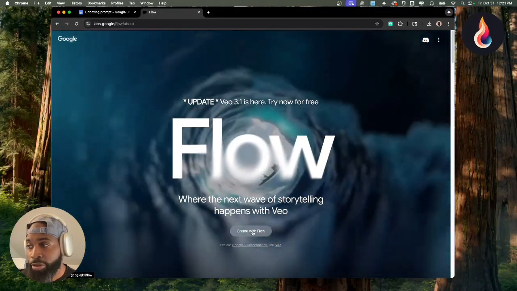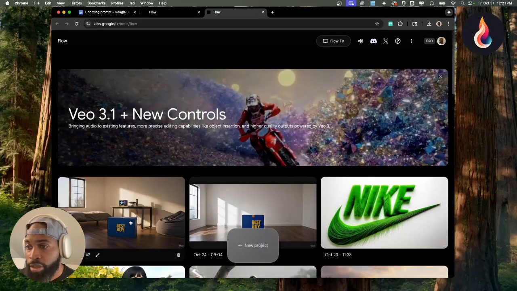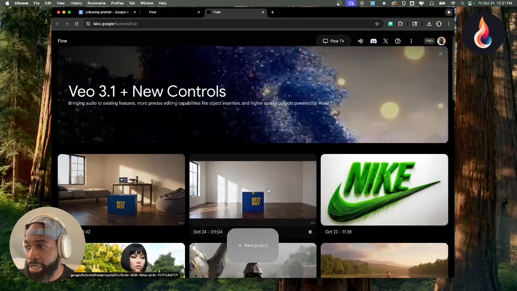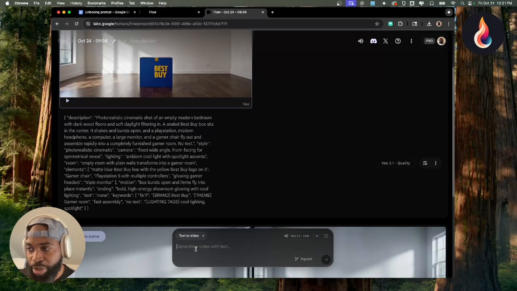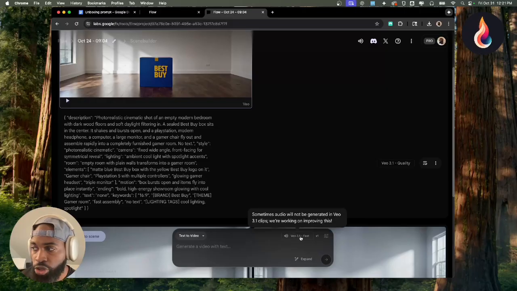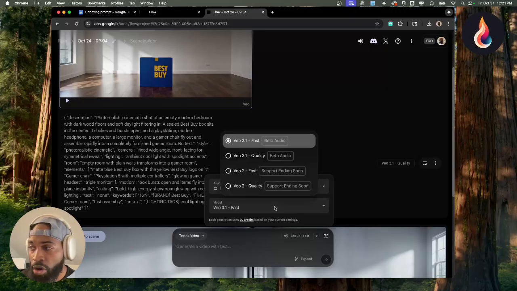So you hit create with Flow, and you will go ahead, and I'm going to click on a previous one that I did. Well, you would paste it in where it says text to video. So you can pick either Veo 3.1 fast, which is just 20 credits, or you can go with quality. That's going to be 100 credits. But honestly, first try with Veo 3.1. You use less credit,